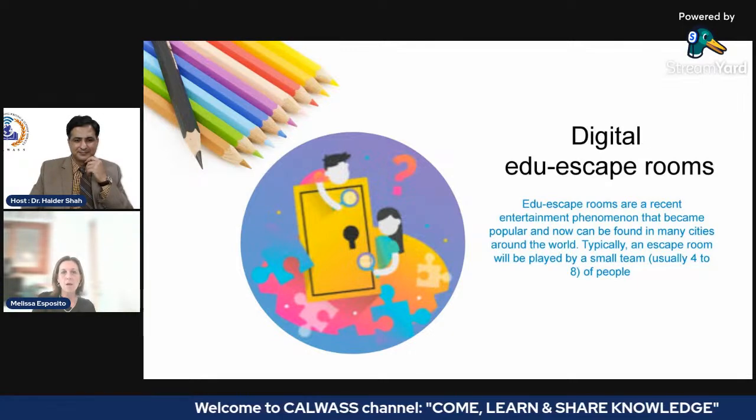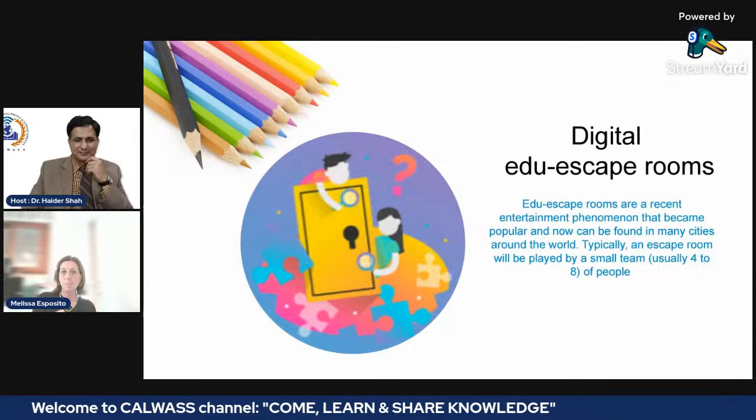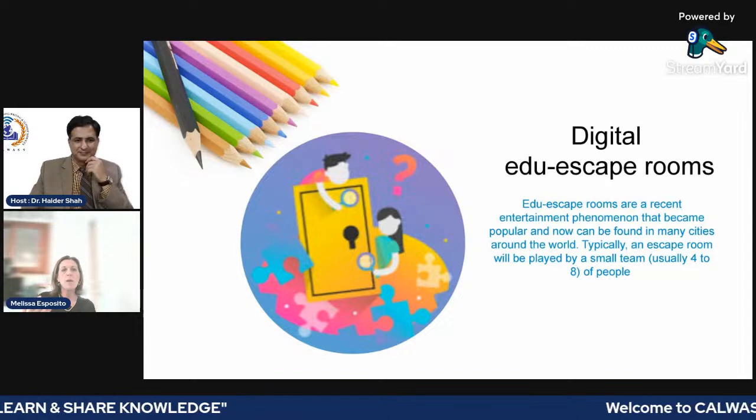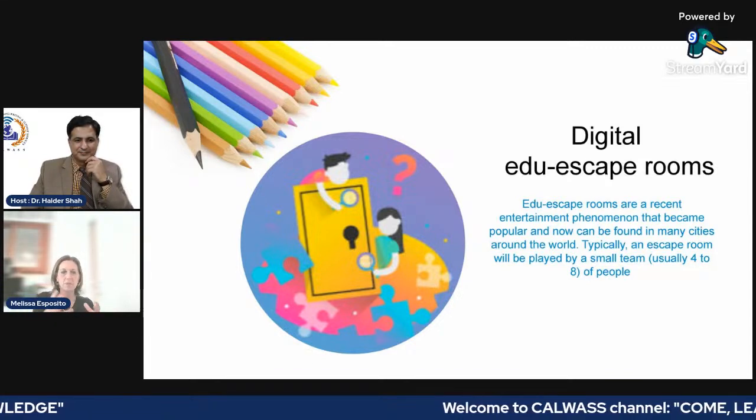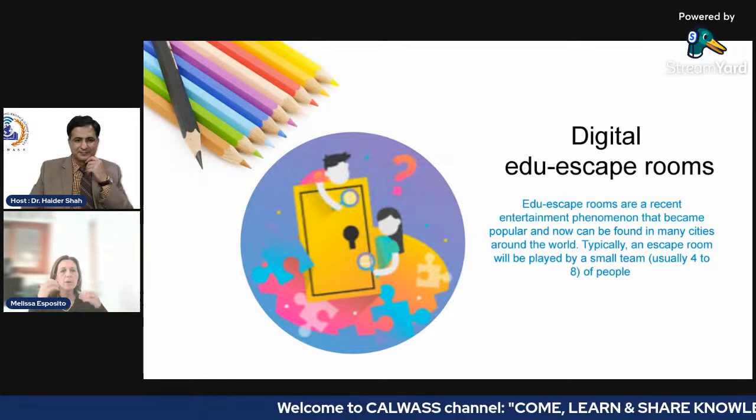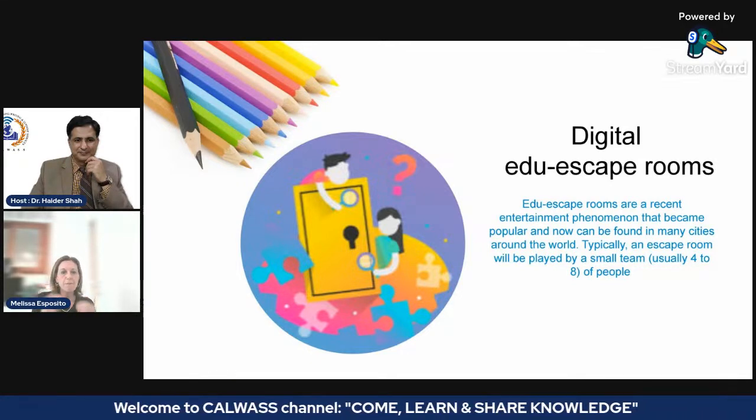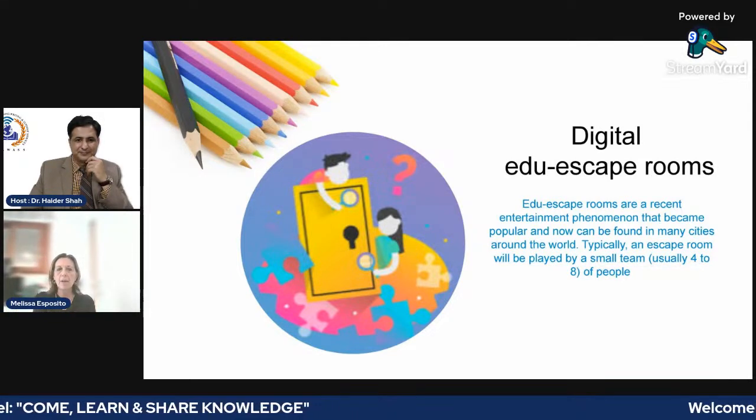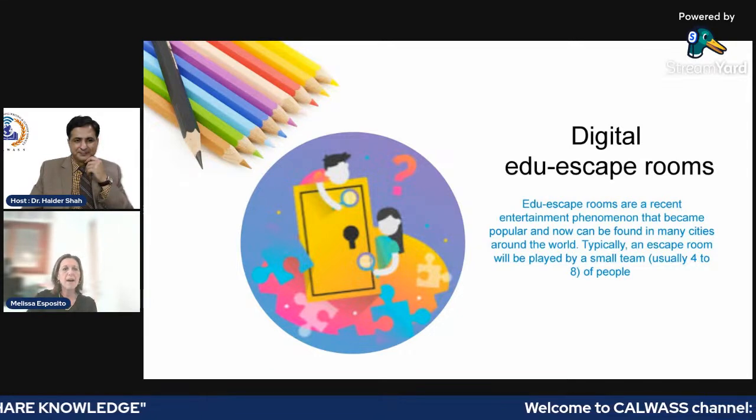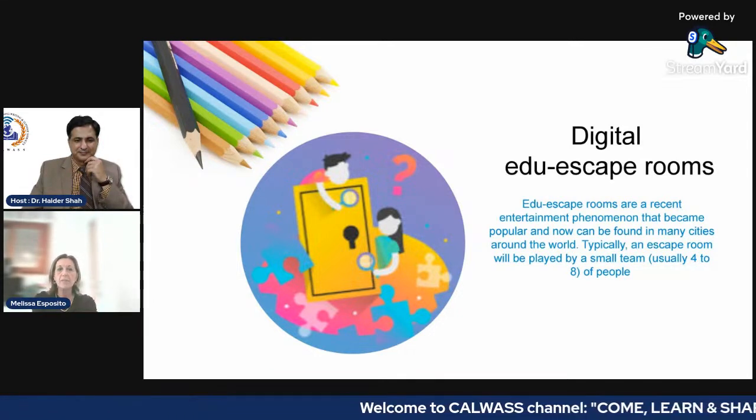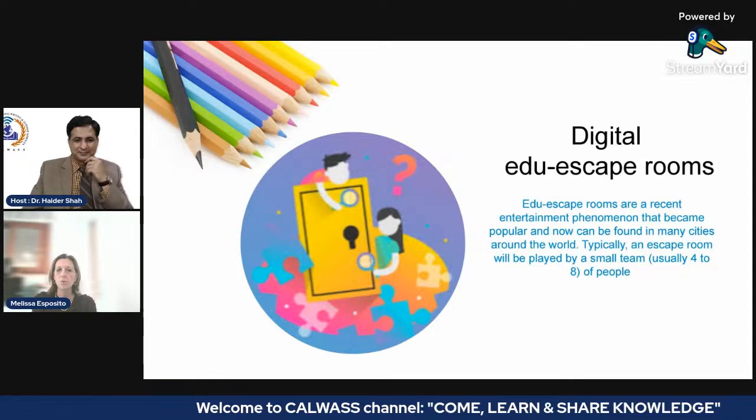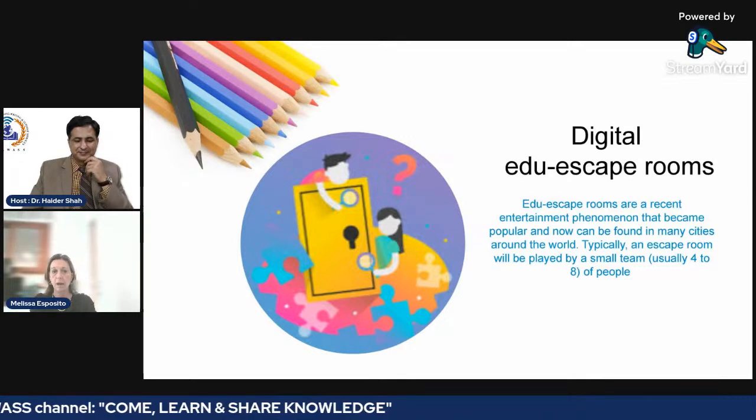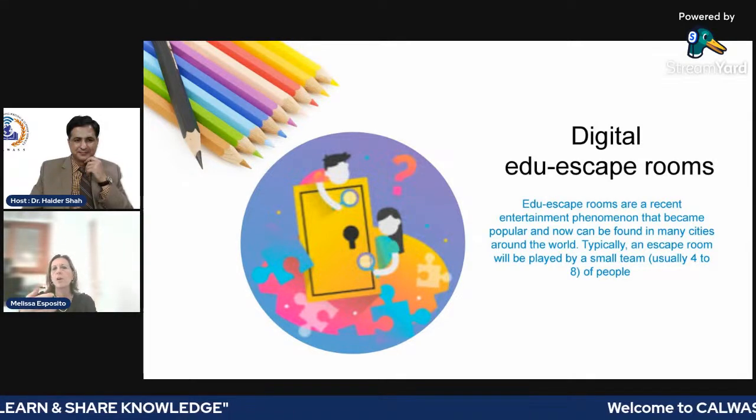Typically, an escape room will be played by a small team, usually 4 to 8 people, who are locked in a room, though seldom physically locked, and have to solve puzzles within the time limit in order to escape. In fact, by definition, escape rooms are cooperative games in which players must find clues, solve puzzles, and perform a variety of tasks within a limited time. The goal is usually to escape or leave a room,